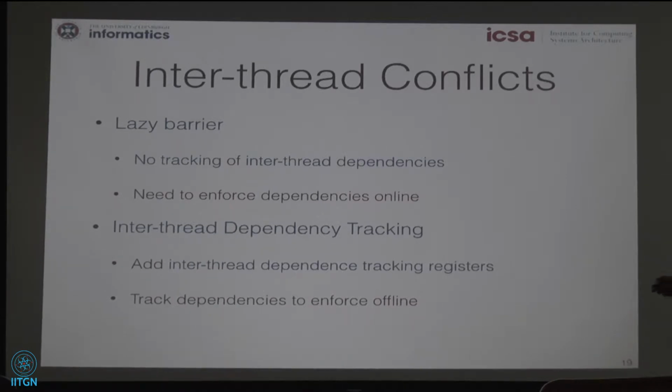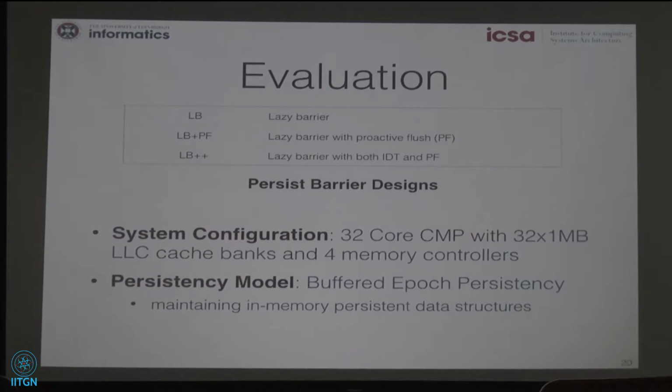So to overcome this, multiple mechanisms have been proposed. I'm just mentioning one here, but the essential idea is, along with the ability to track dependencies within a thread, the ability to track dependencies across threads is also important, and it should be provided in any buffered persistency model that is implemented. I'll not go into the details of this inter-thread mechanism, but let's look at some of the